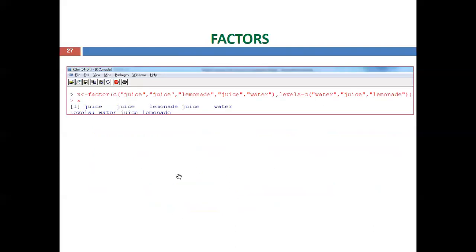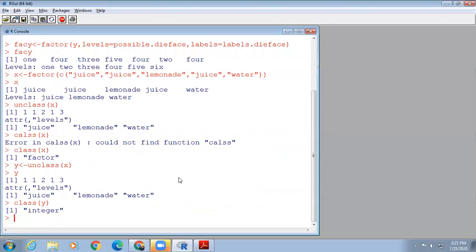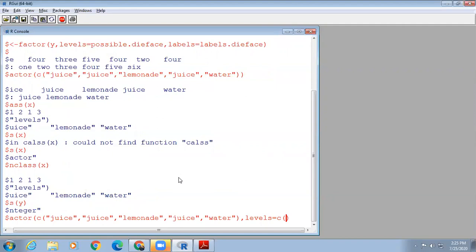Now we'll also demonstrate this one. Using the same factor, you can provide your own levels, whatever the levels you want. So now you can call x. So x equal to factor, comma, levels equal to c of, whatever the order you want, you can give.